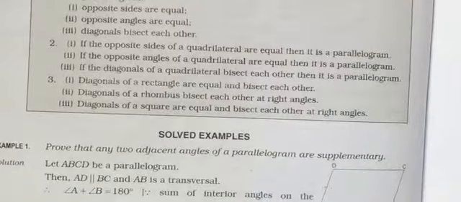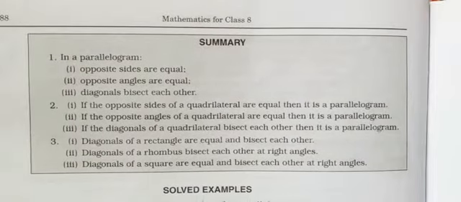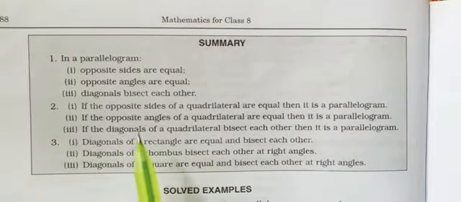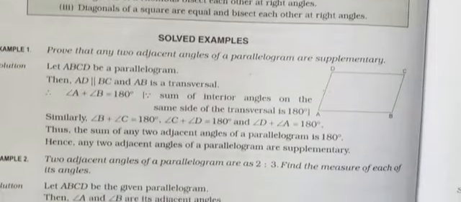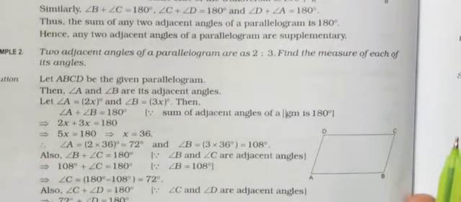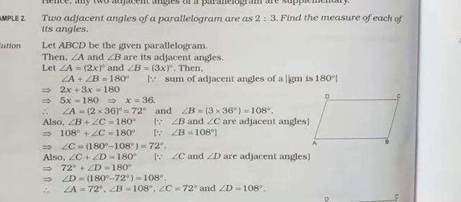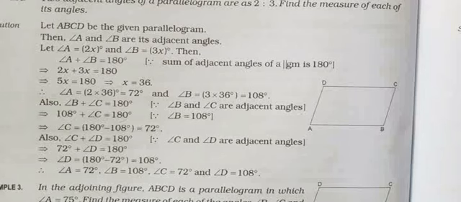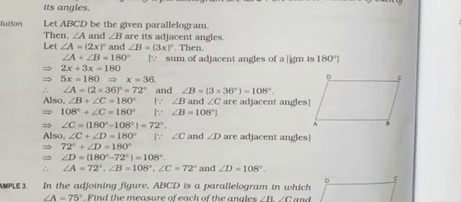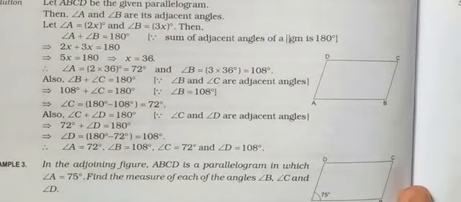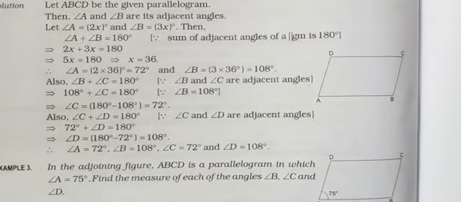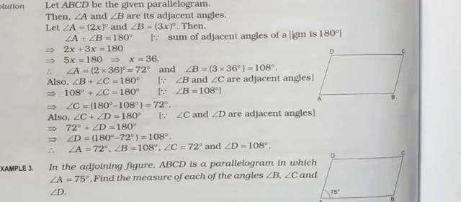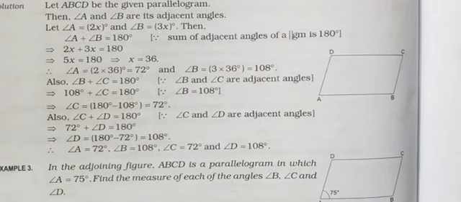Now here the summary is given. This summary you have to remember for solving the maths of this chapter, and various types of solved examples are also given. I suggest you go through the solved examples from your other book. If you do not have any book, I will provide it from my book page. No tension with that. So that's it for today. Now I am trying to provide you some solutions to the exercise. Till then keep watching